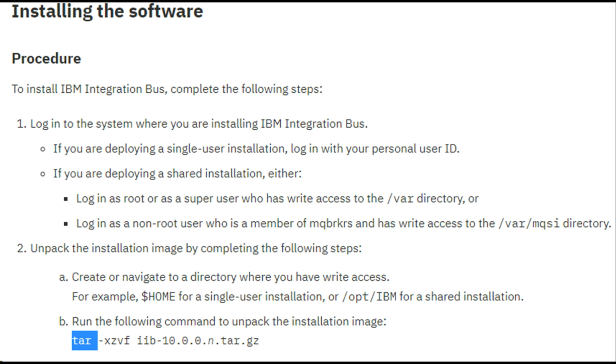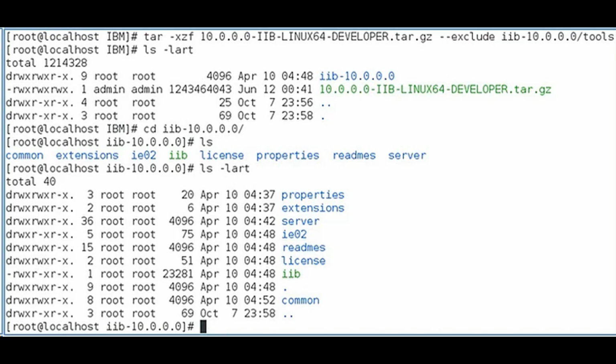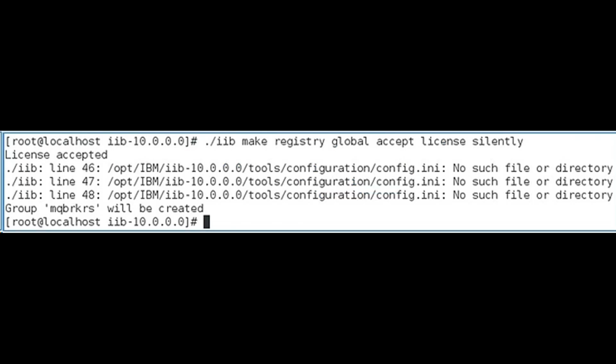But installation has to happen in multiple folders. /opt/IBM is one folder, and then where MQSI is another folder where you need the installation to be done. So there are binary files or installables, and then you have a workspace. So you need the files to be placed under.